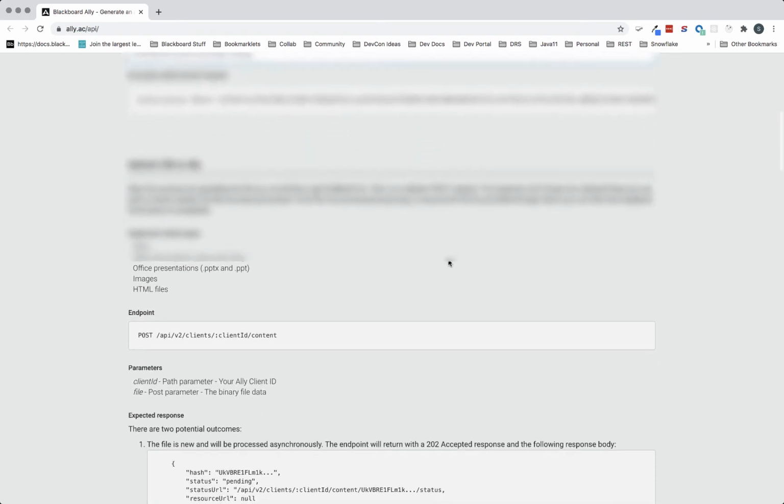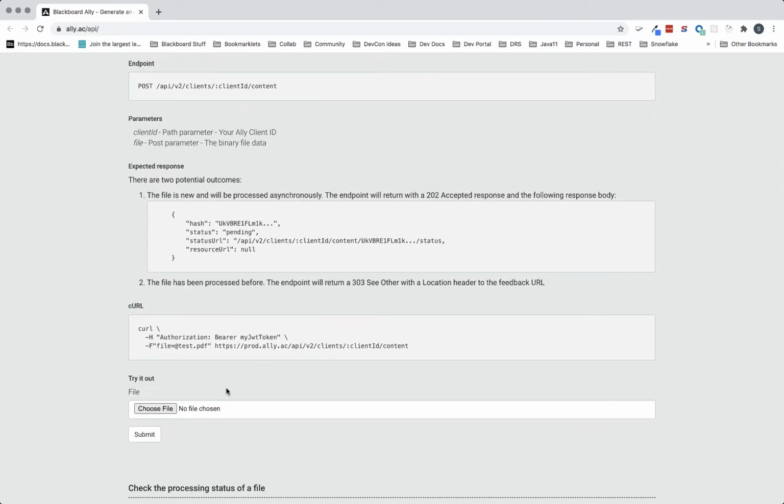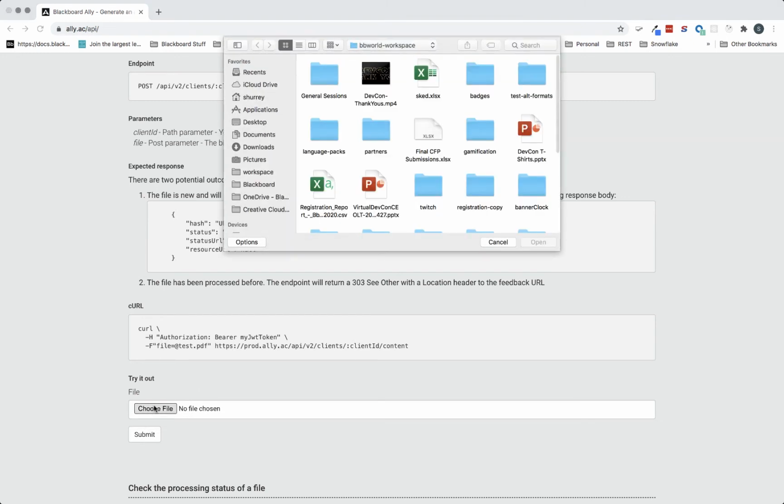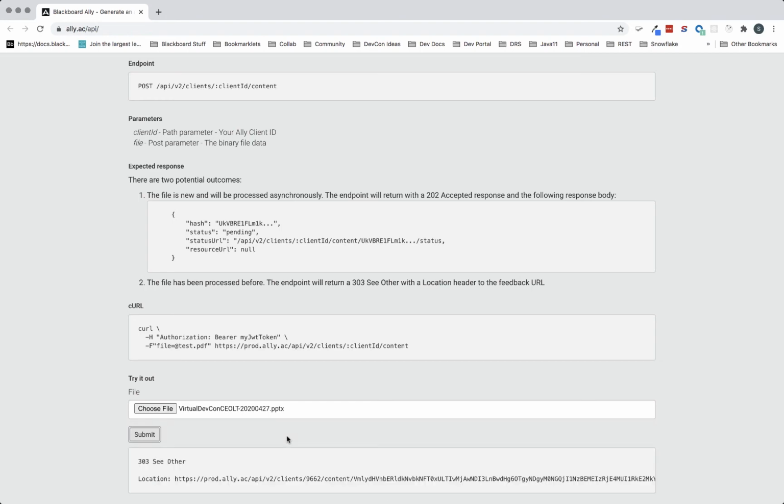You can then take a look down here, and we just looked at this a moment ago, and now you'll see it's a little bit different. We've got this try it out section where we can actually upload a file. So let's go ahead and choose a file, and we will just choose this one and submit. And so this will process, and in just a moment you'll see that we are going to get our response,